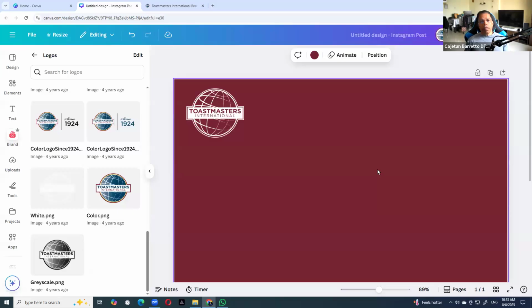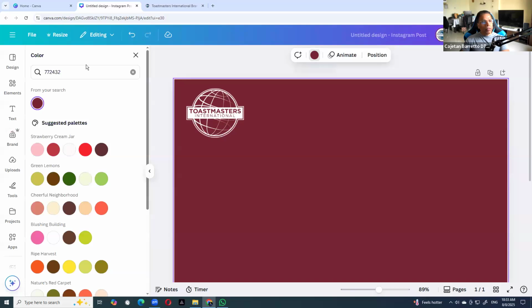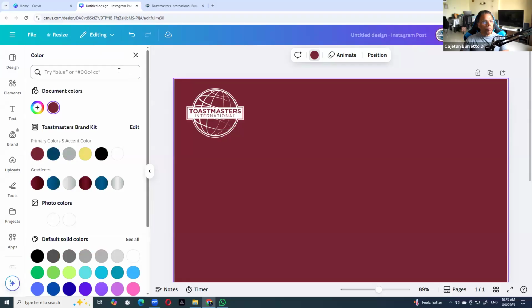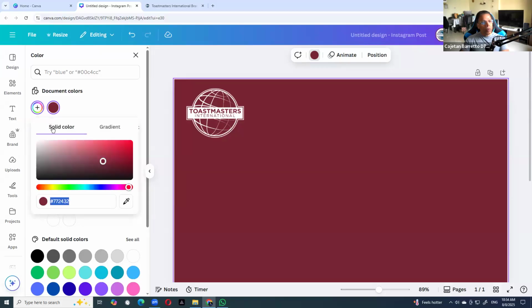So how do we make it in Canva? We click on the color, but instead of typing the color code here, what we should do is remove it, and then choose this option called add a new color. When you choose plus add a new color, you get an option to use a solid color, or an option to use a gradient.